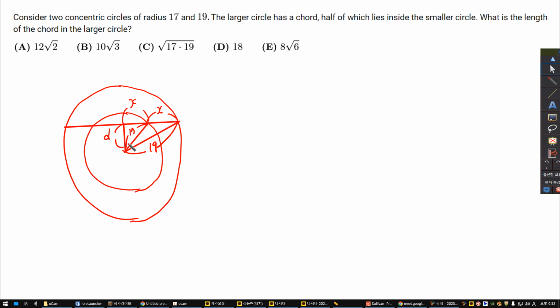So for the smaller triangle, and for the big triangle, so the value of x is